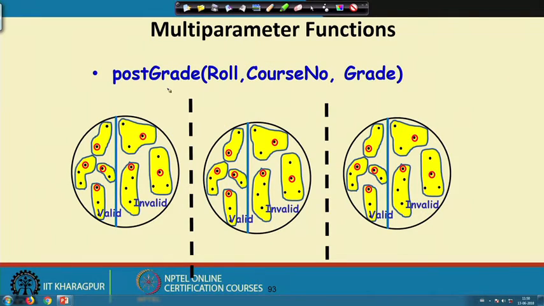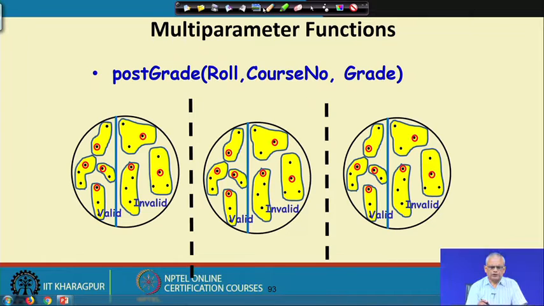But then we were discussing multi-parameter functions, because it is quite common that a function takes more than one parameter, and in that case how do we identify the equivalence classes? One way is that we can identify equivalence classes corresponding to each of the parameters here,